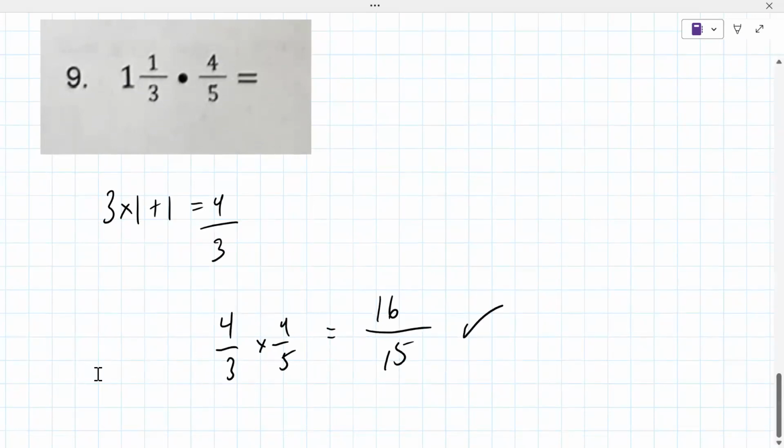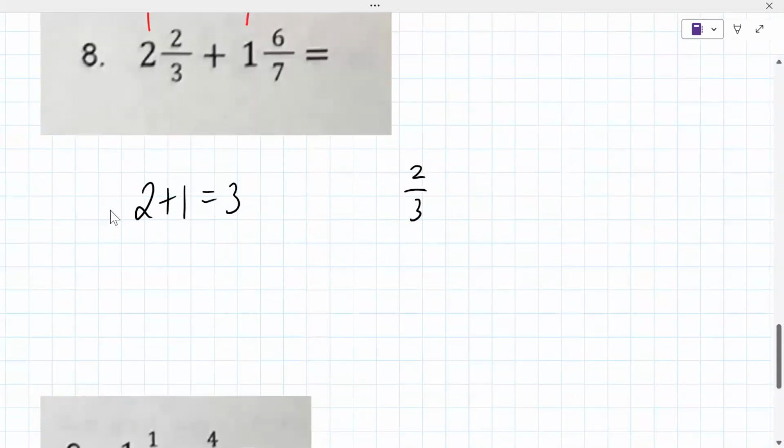Now you might in your class be asked to convert this to a mixed number. I don't think she cares about that, just as long as it's simplified. Okay. So let's go to